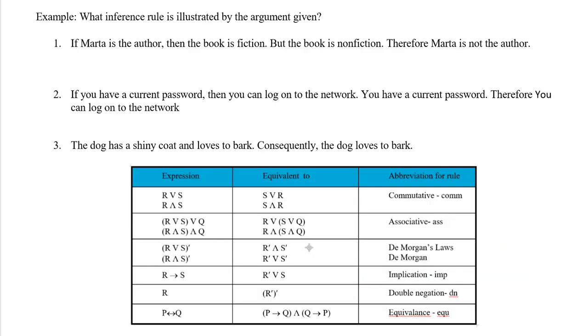Let's look at some examples of inference rules. Here I put this table just to remind you of all the equivalence and inference rules. So we have: if Marta is the author, then the book is fiction, but the book is non-fiction. Therefore, Marta is not the author. Here they just want us to know which of these